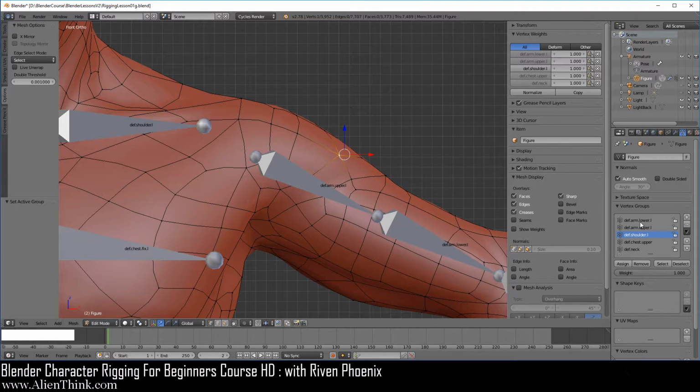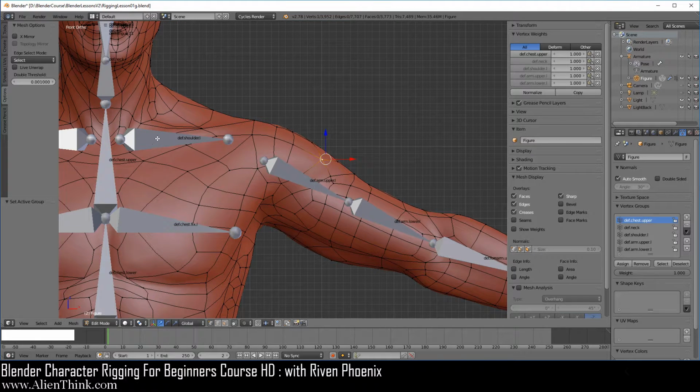Now, because these vertex groups have the same name as the bones, we can go over here and sort them by bone hierarchy. It will also display the same thing over here, meaning that it's actually displaying the parent-child relationship based on bone chains. So the shoulder is the parent of the arm.upper.L, and the arm.upper.L is the parent of arm.lower.L. Same thing with the chest is the parent of the neck. Okay, now we know that the shoulder is the child of the chest, but it's not going to do it this way. It's just strictly based on bone chains.